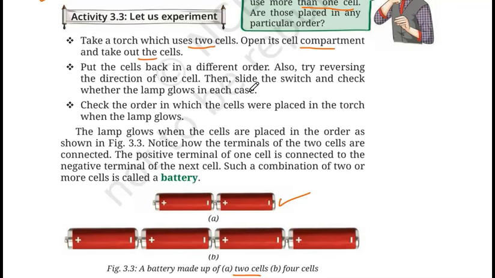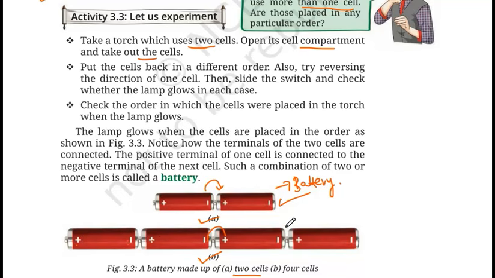So you will see that the lamp glows when the cells are placed in a certain order like this in 3.3a. We have the positive terminal, then the negative terminal. To the negative terminal, we again connect the positive terminal and the negative terminal. All right, so this combination of two cells is called a battery. So whenever you combine two cells in the correct order, it forms a battery, not just two cells, two or more cells. Like figure 3.3b, we have four cells. So you see again plus, minus, then again to the negative we connect plus, then minus,